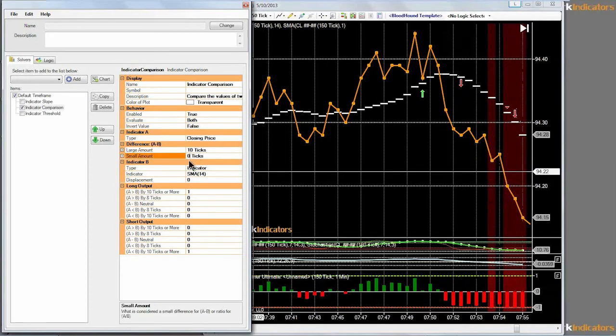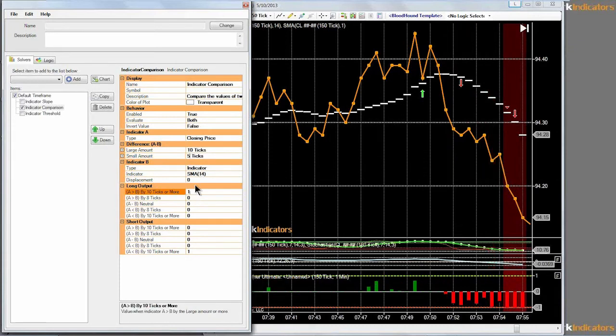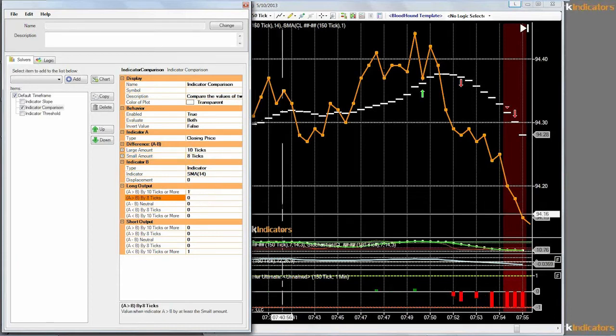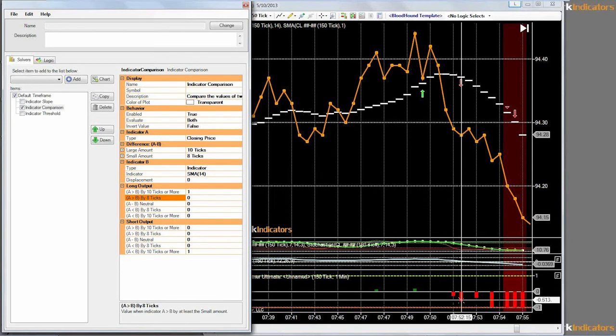So putting 8 ticks in here, or actually I'll put 5 ticks, easier to do the math with, it constrains our requirements again. So if we're using a threshold of 0.8,